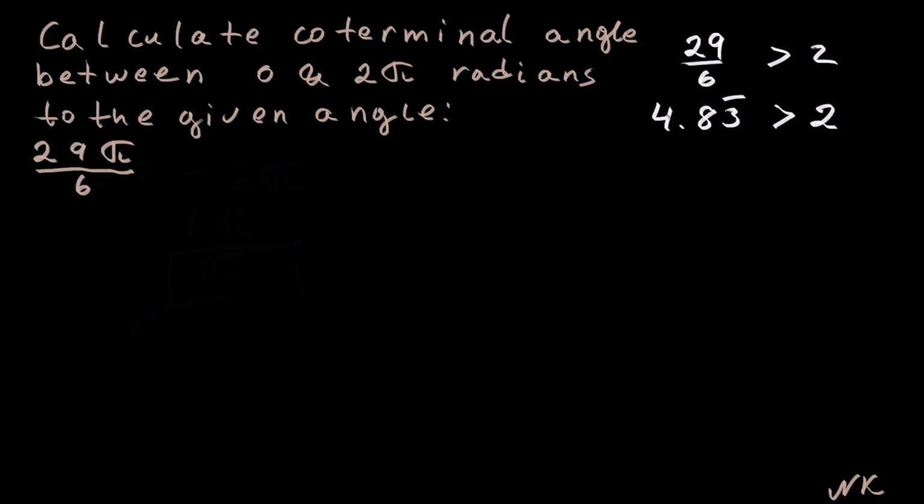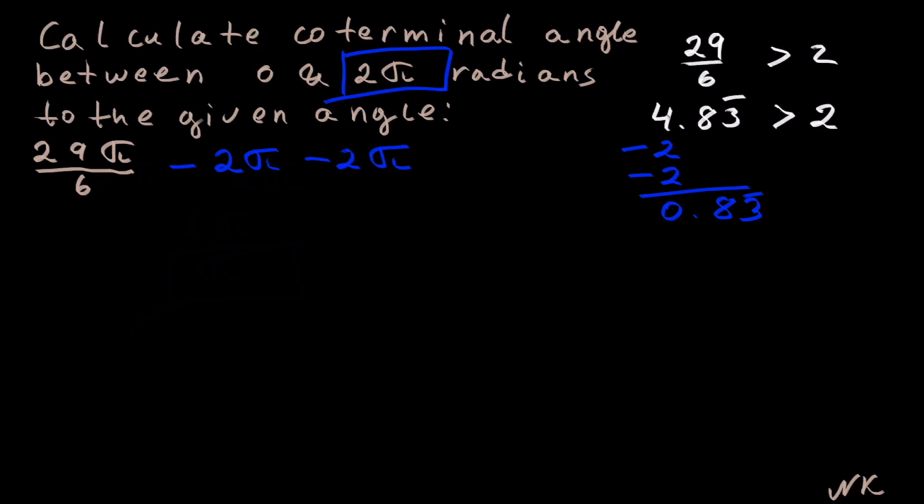This 4.8333 means I can take away 2 twice and still have a positive value. We will have 0.83333333. In this problem, I'm going to save some time. Instead of taking away 2 pi in 2 separate steps, I'm going to take away 2 pi and 2 pi in the same step, which means I will have 29 pi out of 6, negative 2 pi minus 2 pi